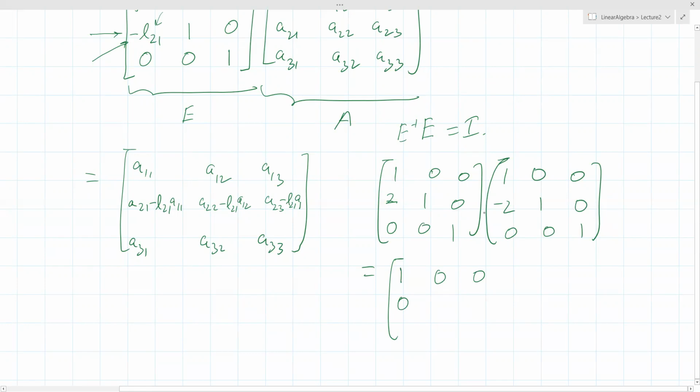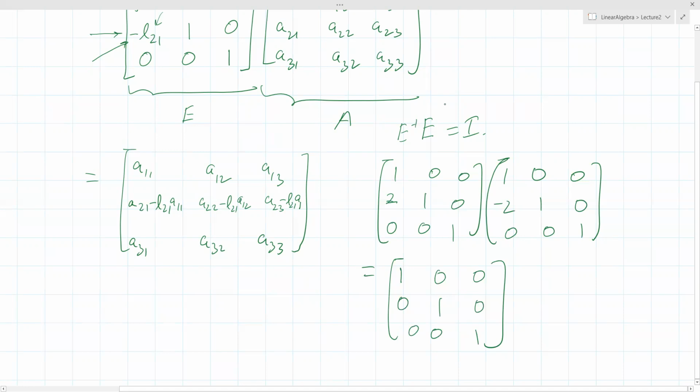Then second row, second column, 1. Second row, third column, 0. Third row, first column, 0. Second column, 0. Is that all right? So we did not have to do the whole inversion, where you have to find out a determinant and many steps are required. But in this particular case, if we understand what is happening in the matrix and use that to our advantage, we can write the inverse directly.